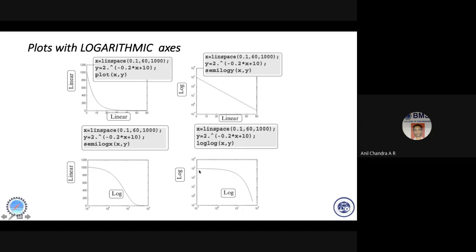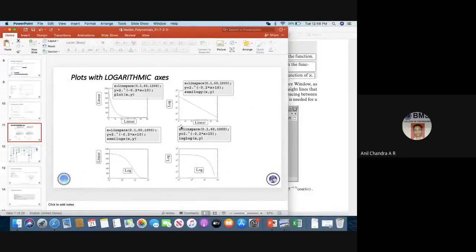So you will have various types of plots that can be easily done using one command. I'm not giving you too much on this because we have almost exhausted 1 hour on this.